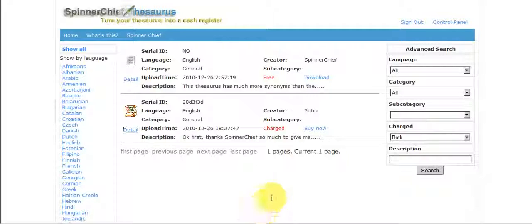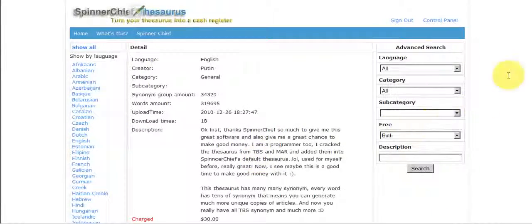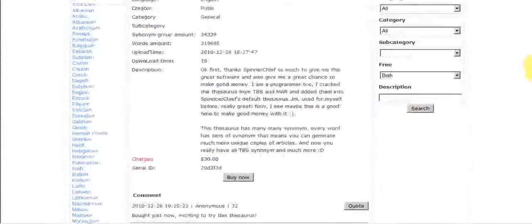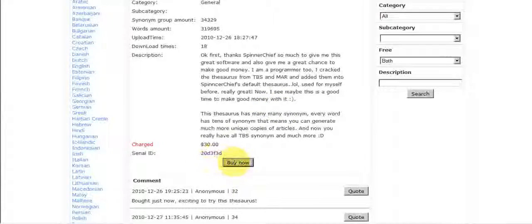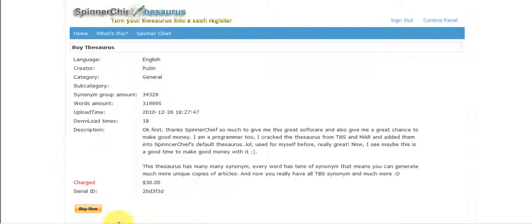Let's do it from there. That's all the detail. Okay, so I've made the decision to buy. Just hit buy now. And hit the buy now button there. Now once I've clicked that, it would take me into PayPal, where I would pay for it. And the download instructions are given after the PayPal payment is made.